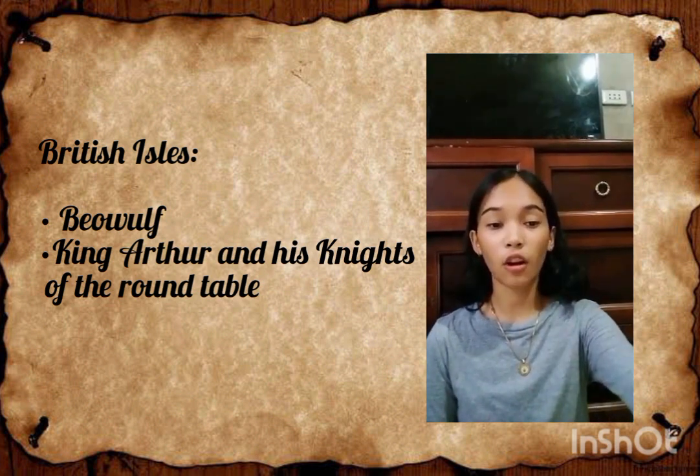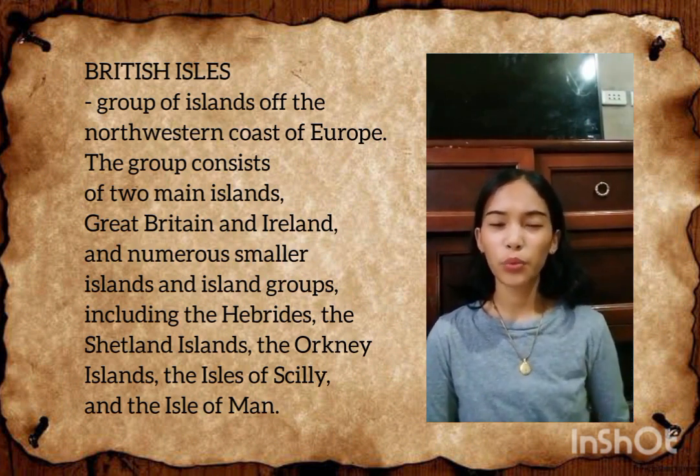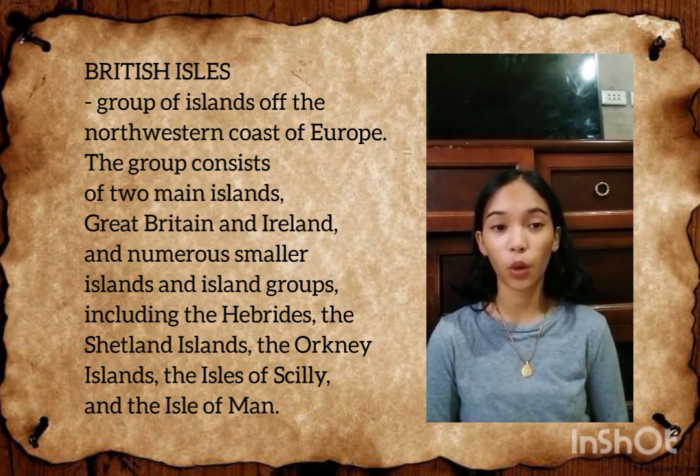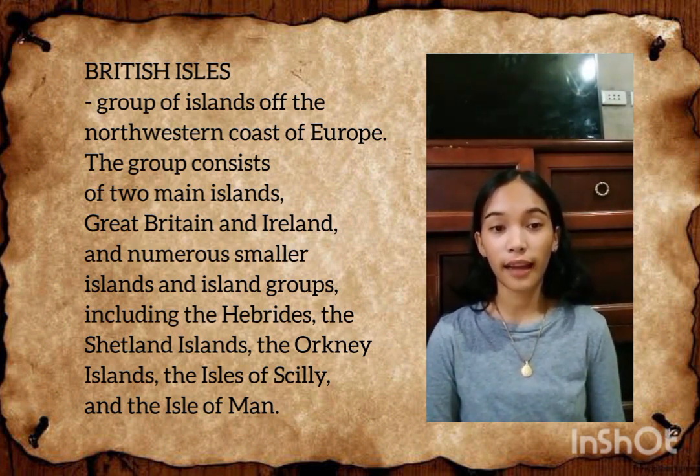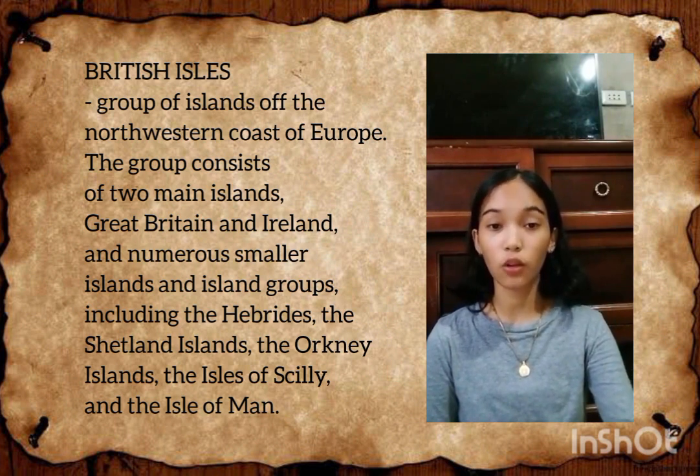So first, let us talk about the British Isles. When we say British Isles, it is a group of islands off the northwestern coast of Europe. The group consists of two main islands, Great Britain and Ireland. It also consists of numerous smaller island groups, including the Hebrides, the Shetland Islands, the Orkney Islands, the Isles of Sicily, and the Isles of Man. These islands surround Great Britain and Ireland, and the smallest islands are also part of the